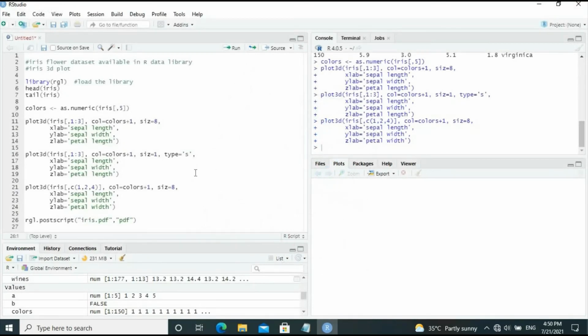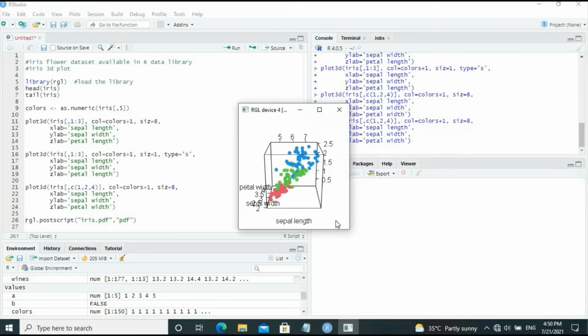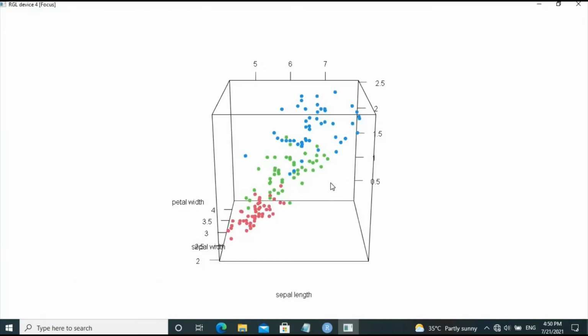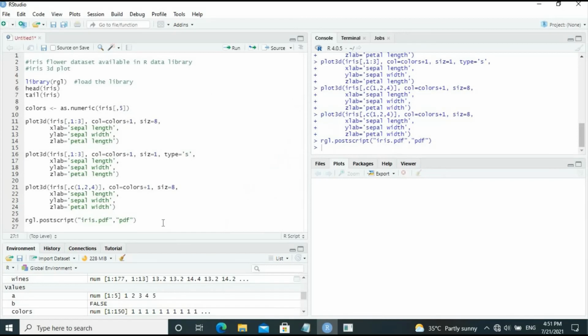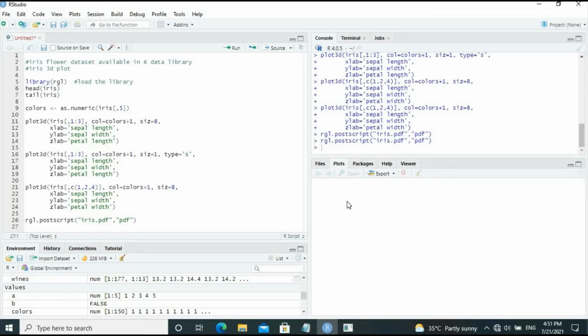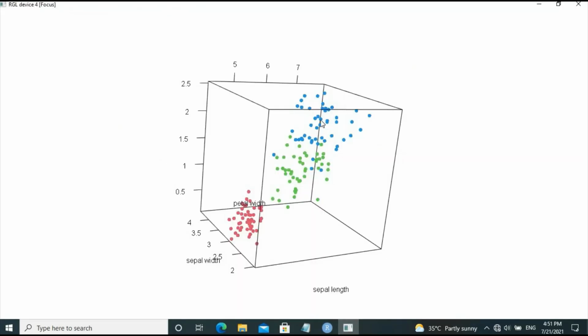So let's close this 3-dimension graph, and this command makes you write the device. So let's open the device again. This device that we have maximized, let's keep it in this position and then issue the command for printing. So this PDF will be available in the form as it is appearing here now. Let's close the device